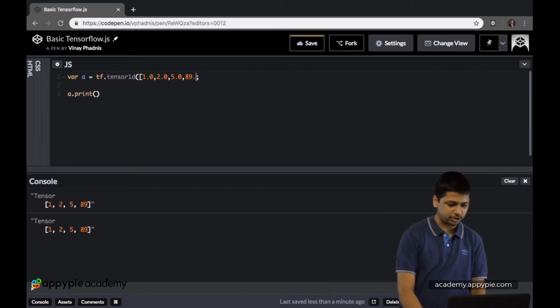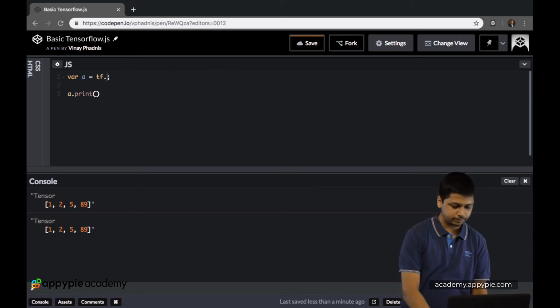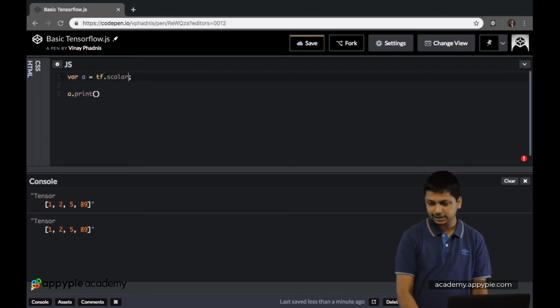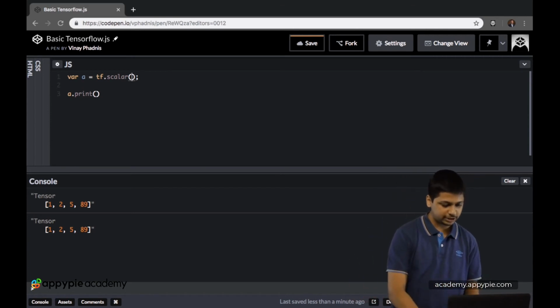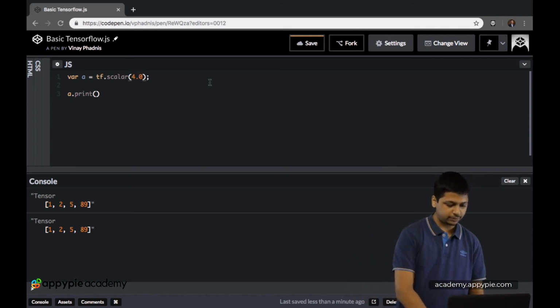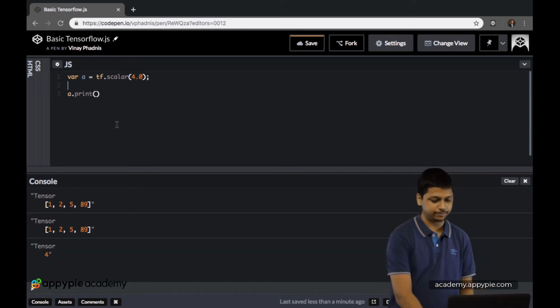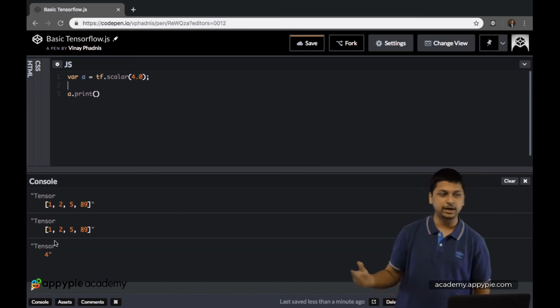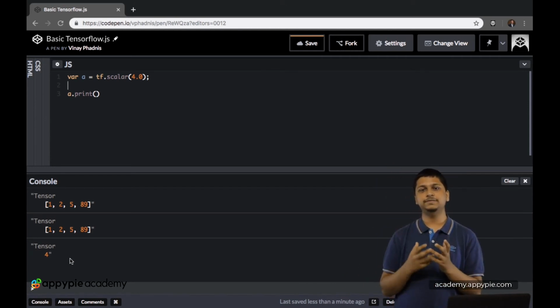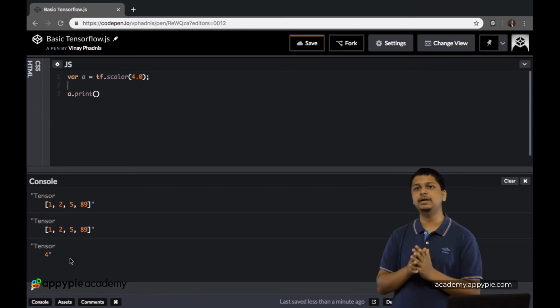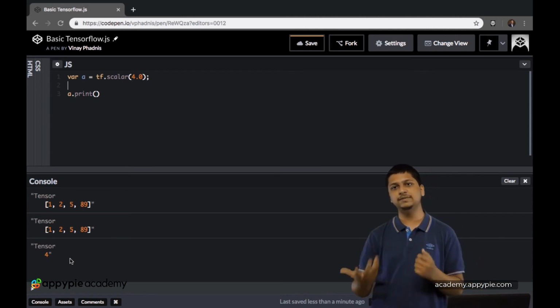We have tf.scalar, and inside this, let's pass on a number. Let's call this 4.0, and we are again printing that particular tensor. Okay, so as you can see, we have got the 4 printed out over there. And now with this, we have completed the part where we declare tensors in various different ways.